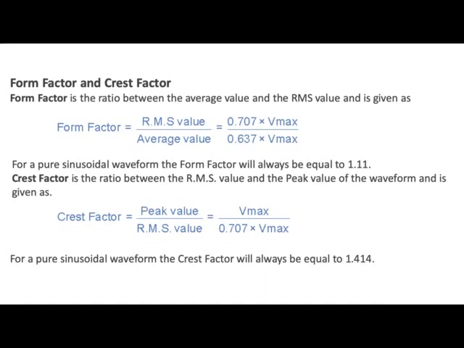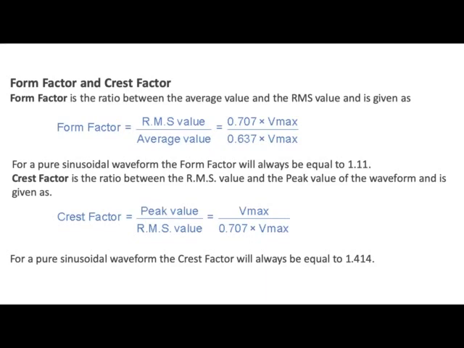The other term is crest factor. Crest factor is the ratio between the peak value and the RMS value of the waveform. So for a sine waveform, the peak value is Vm and the RMS value is Vm by root 2. So it comes to root 2, and the crest factor for a pure sinusoidal waveform is 1.414. So we have defined the terms for the AC waveform as the instantaneous value, the time period, cycle, frequency, the amplitude, the average value,